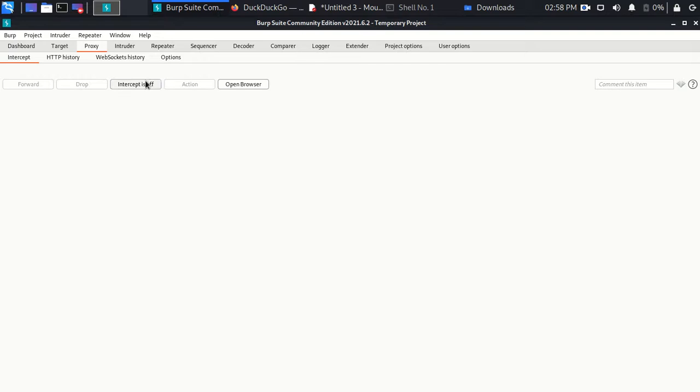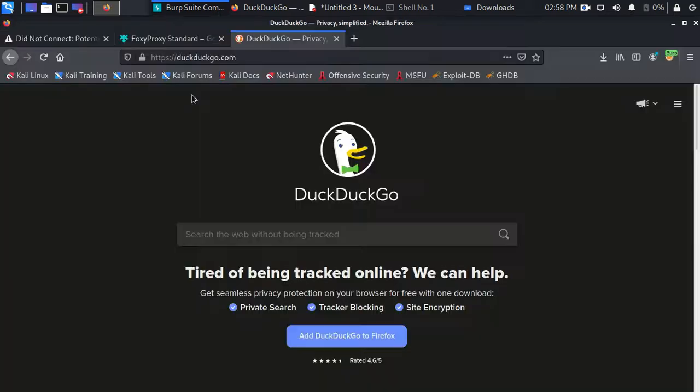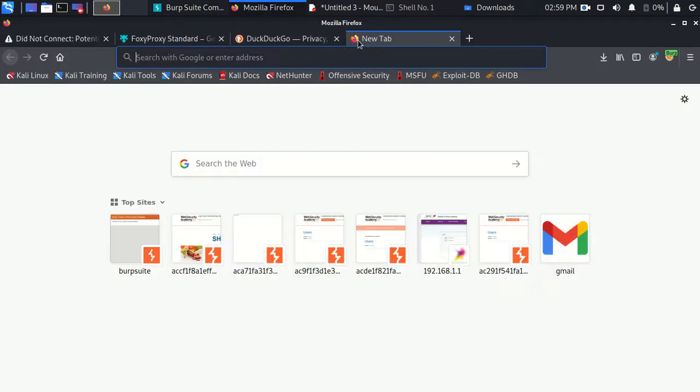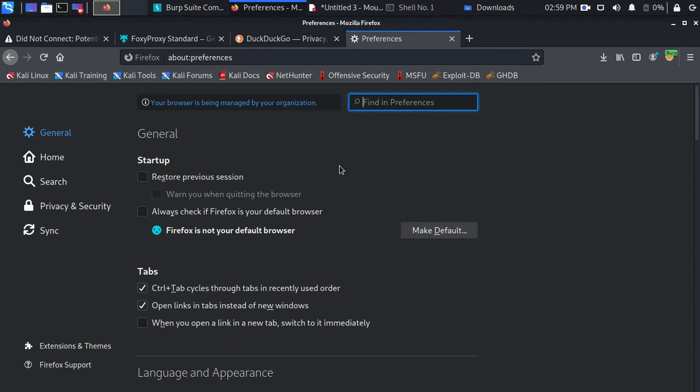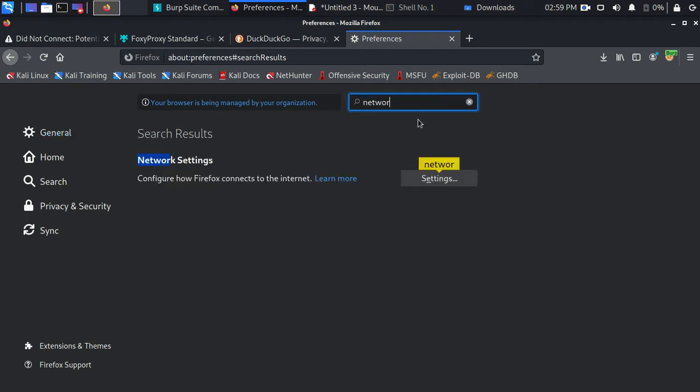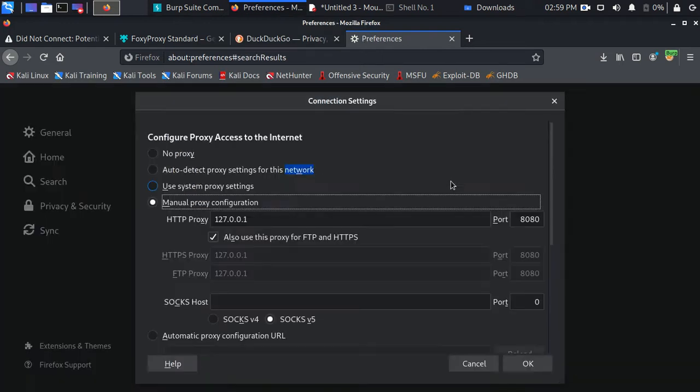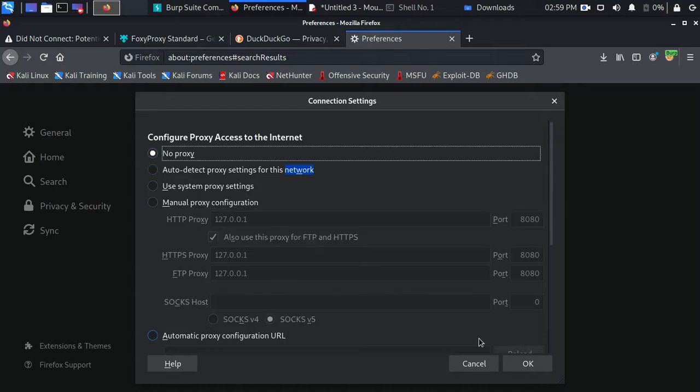Now if you make any request, that request will go through the proxy. I also want to check once if my browser is already set to proxy or not. Network settings, go here. Okay, so no proxy.